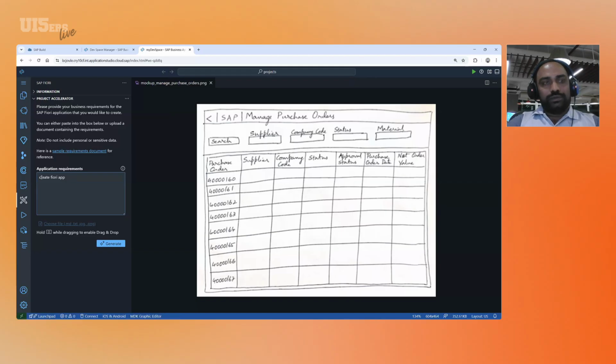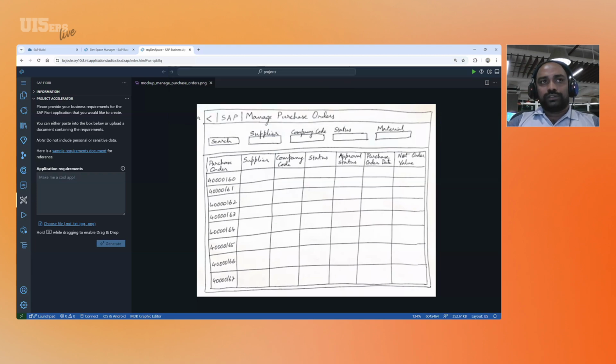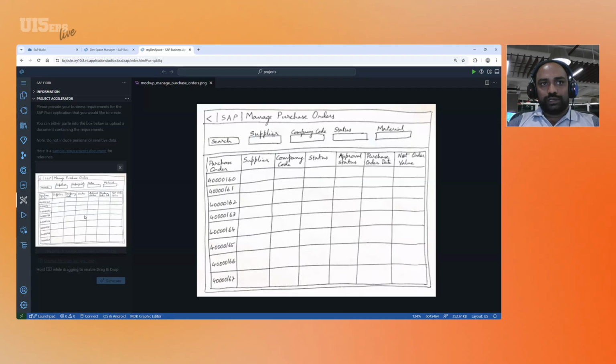And now what I'll do is, of course, you can provide the inputs as a text. Now I'll choose this file, the mockup, the handwritten one. So that is mockup manage purchase orders. So the system is uploading this image. So once the image is uploaded, I'll get an image here, a quick preview here. So I can click on generate